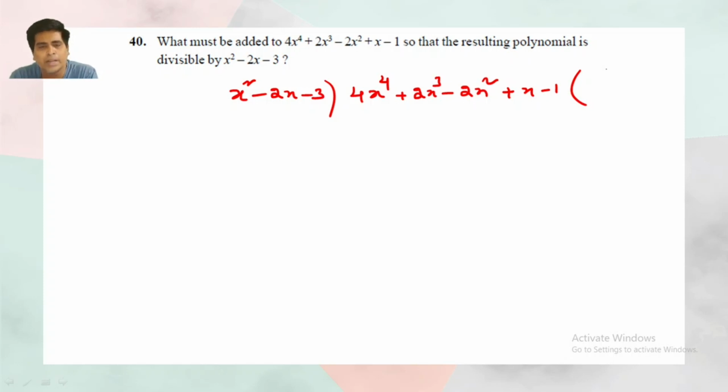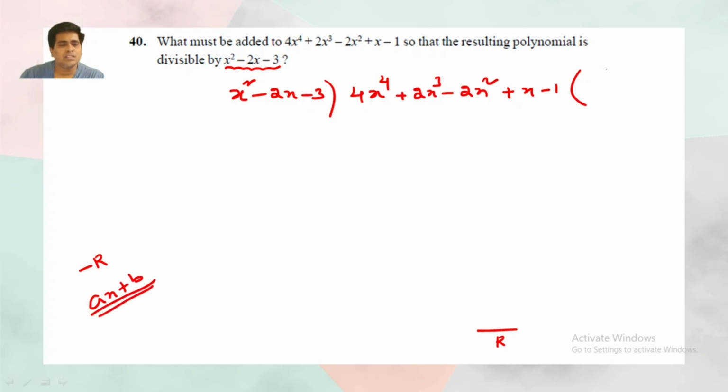That is very important. So we'll go with normal division. Definitely we will get some remainder at the last. Whatever remainder we are getting, for this we have to take minus r. Since we are dividing with a second order polynomial, we'll get a first order polynomial as the remainder.